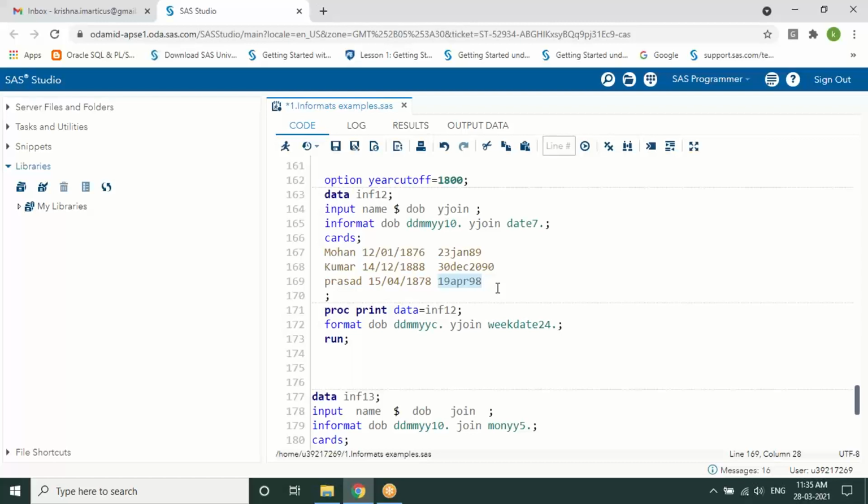By default, the most recent year completed from the system date is 1989. Neither is it 2089 or 1889. If you want a specific century, you can use the option called options yearcutoff equals the 18th century or 19th century, and so on.